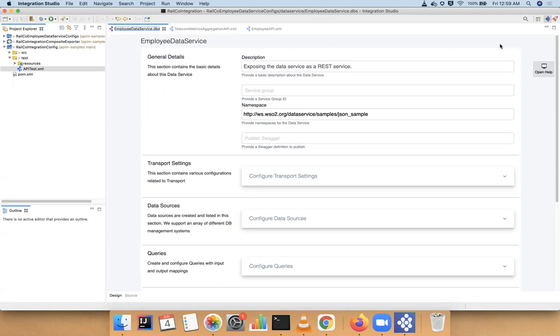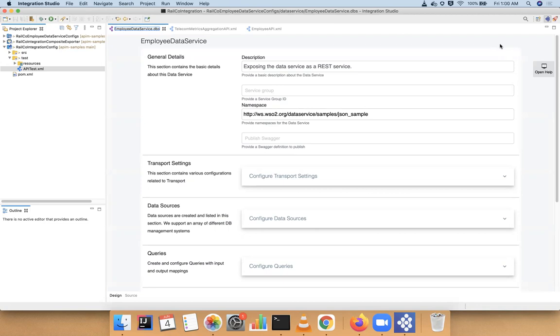And in my second scenario, I have different service endpoints. They are returning XML, JSON, and SOAP responses. So what I'm going to do is aggregate them, create a single response in JSON format, and send it back to the client. And in my third scenario, I'm going to demonstrate how you can expose an event source, a Kafka event source, to the outside as a WebSocket API. So these are the three scenarios I'm going to try.